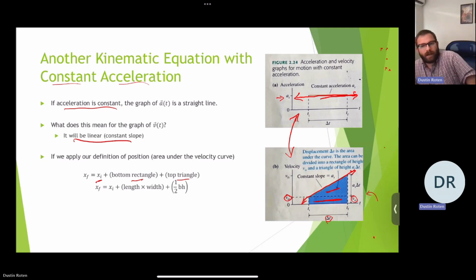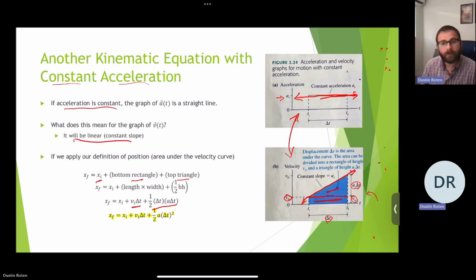Well, then the top triangle is just 1/2 the base, which is delta t, right? It's the same length here. It's still delta t, and then times the height. Well, the height is actually acceleration times time, right here. All right, well, let's write that out. Okay, so we have the rectangle plus the area of the triangle, and it looks like we have a delta t times another delta t there. So what we can do is essentially just write that as delta t squared,